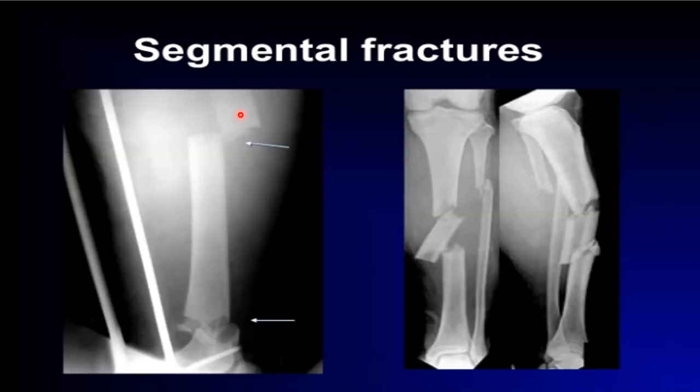Segmental fracture, as I said, there is a big bone piece above and a main bone piece below, and the middle segment, all being intact, is separated from both these two main pieces. So, in segmental fractures, there is an intact segment of the bone, but the total number of bone pieces is more than two. Here is another example of a segmental fracture of the tibia.